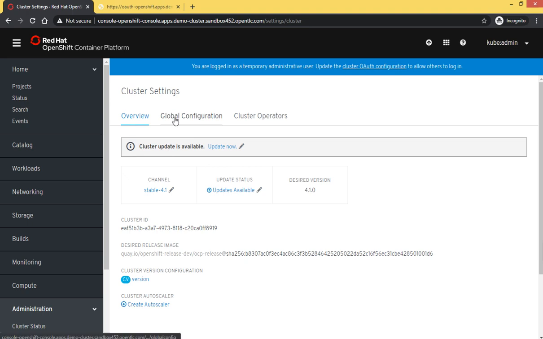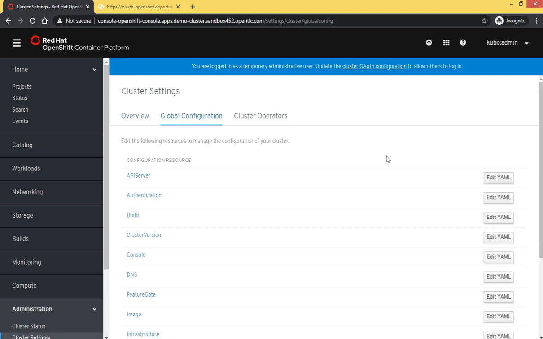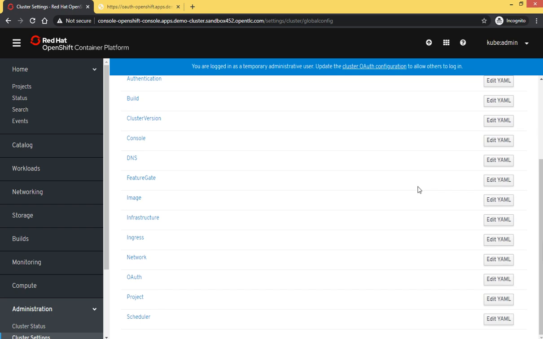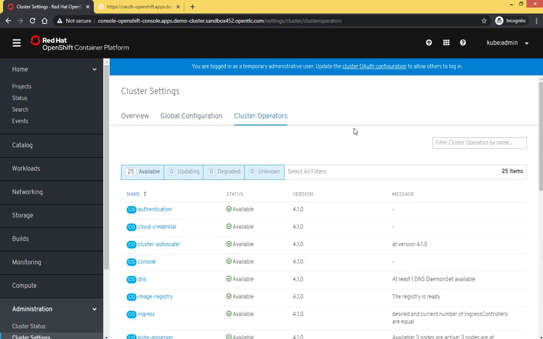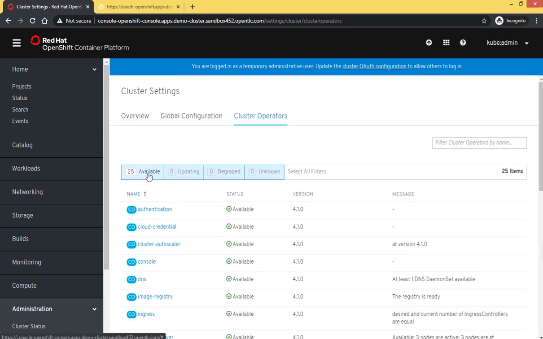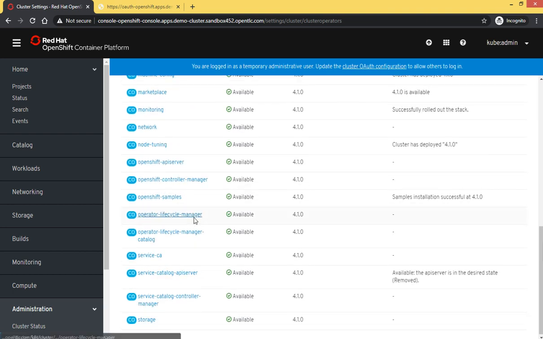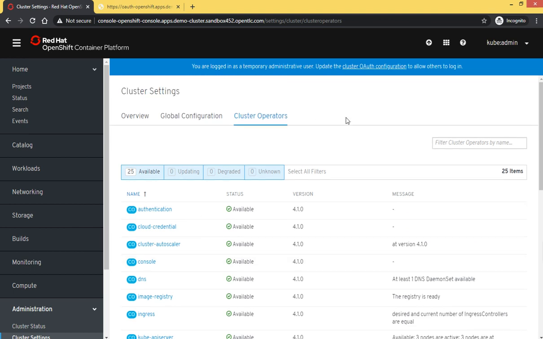Okay, so global configuration, we have different configurations. We can check these YAML files, we can update from here as well. For cluster operators, it is showing 25 operators, right, for storage, network, DNS, ingress, authentication, and others as well.